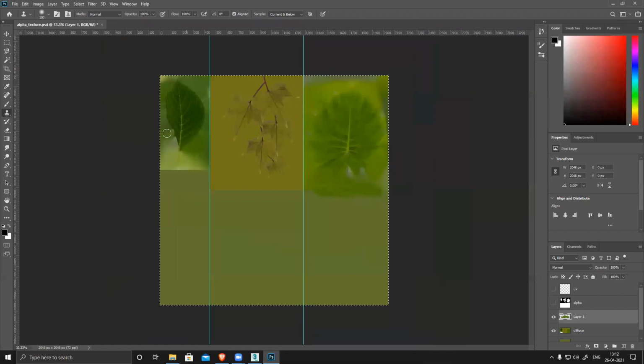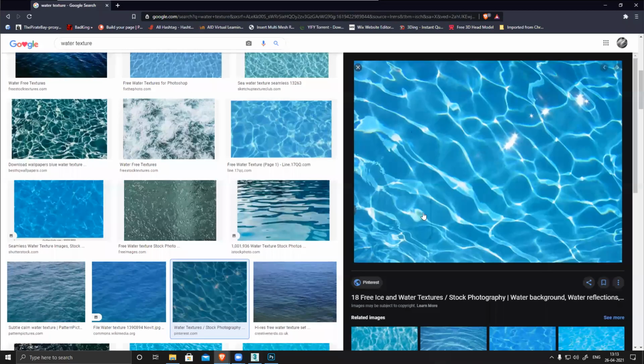You can see everything now, and I guess water texture also I can find. Just for a quick output, I searched for this water texture.